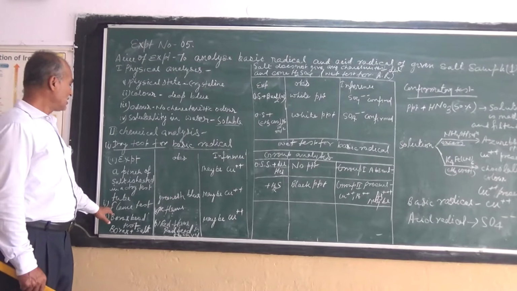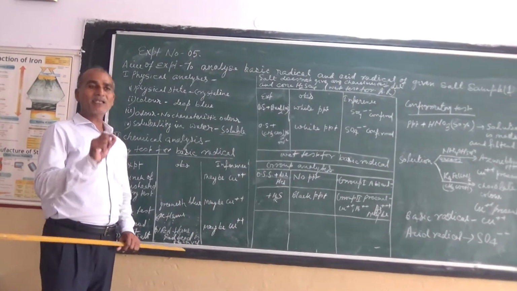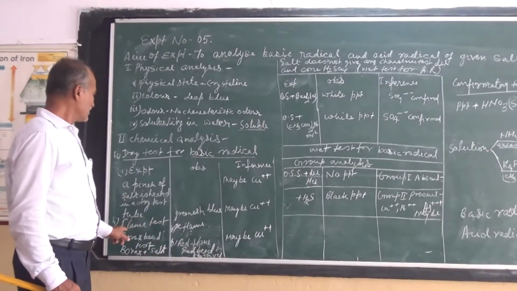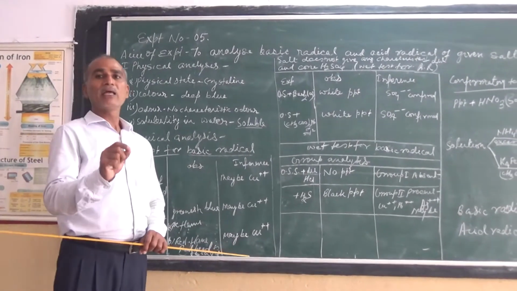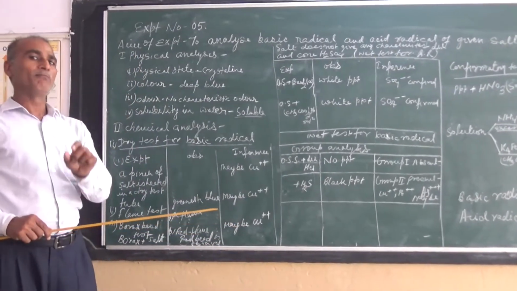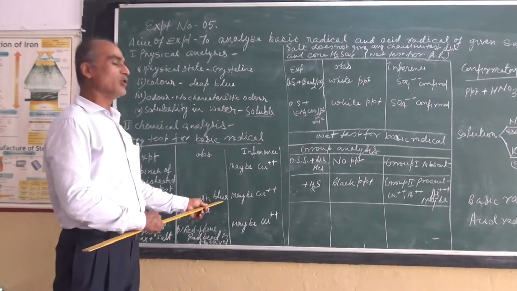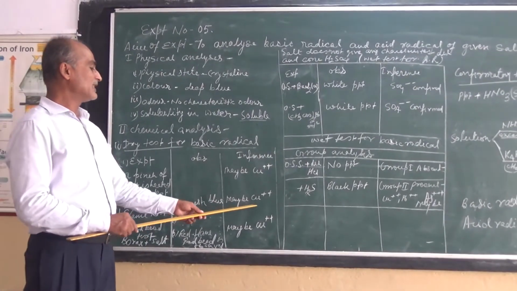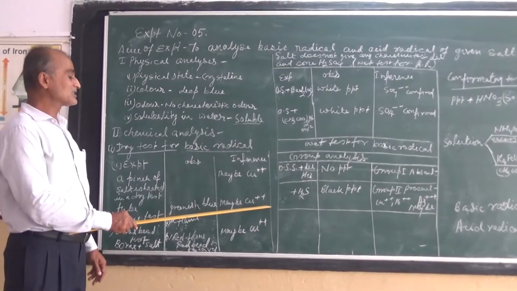Then after we will do the flame test. For the flame test, we will take a platinum wire, moisten it with conc. H2SO4 and then add the salt to the platinum wire and bring it into the flame, the oxidizing flame, the blue flame, and observe the color. You will observe the color will be greenish blue. That will infer that the given salt may be Cu2+.